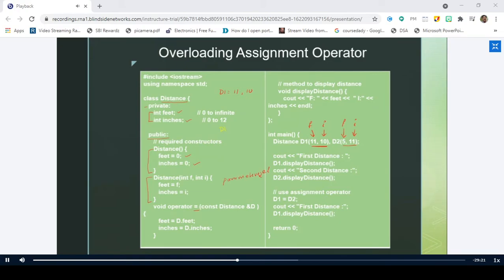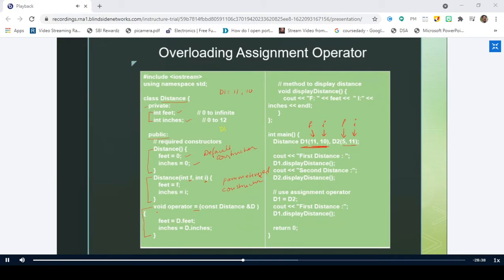What is it that I am doing here in the parameterized constructor? Can anybody tell me? We are assigning values to the data members. Where are we getting these values from? From F and I. Where are we getting the values into this F and I? At the time of creating the object, I am calling a parameterized constructor using the implicit calling method. Right? Is this the implicit method or not? Yes, sir. Right. And this is where we need to concentrate.